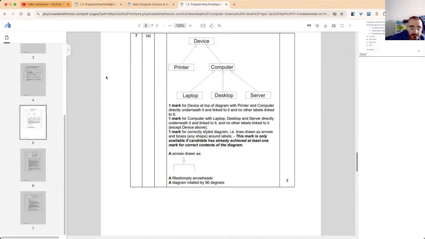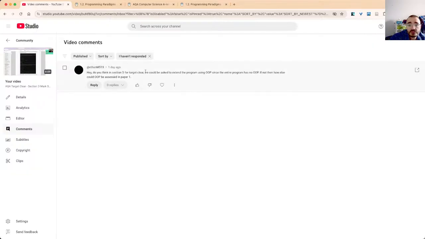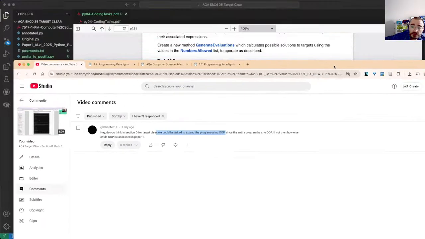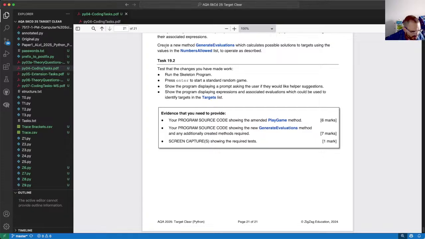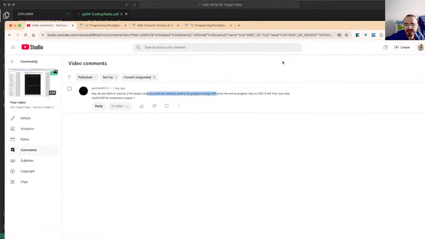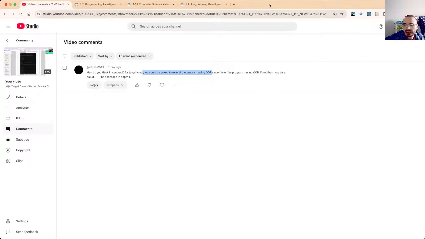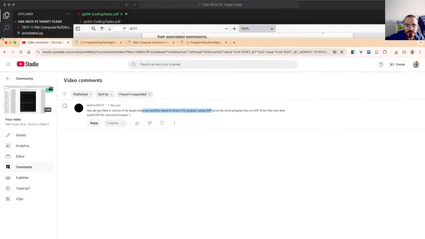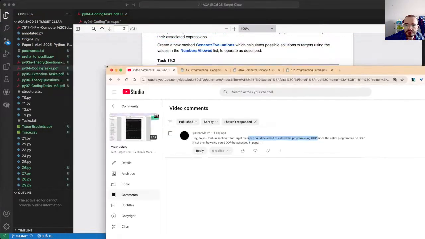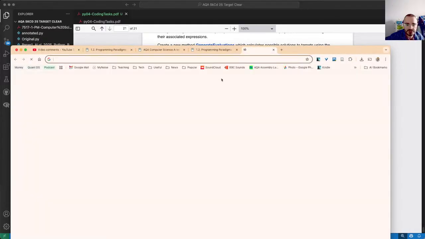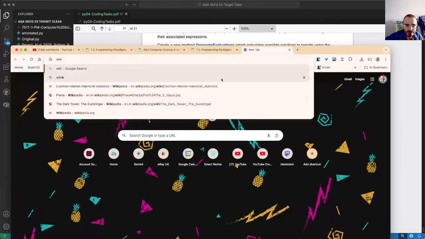This is, in answer to even that, how else can OOP be assessed in paper 1? Now, could we be asked to extend the program using OOP? So there's a Wikibooks task where someone, and I think that's probably a sign of the serious mental health crisis in this country, but someone has basically rewritten,